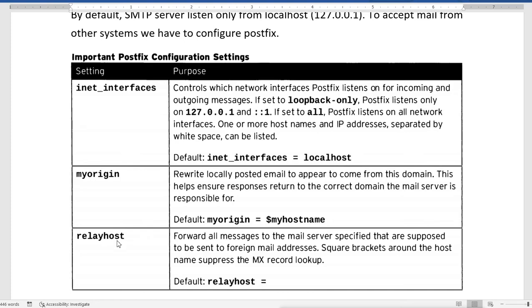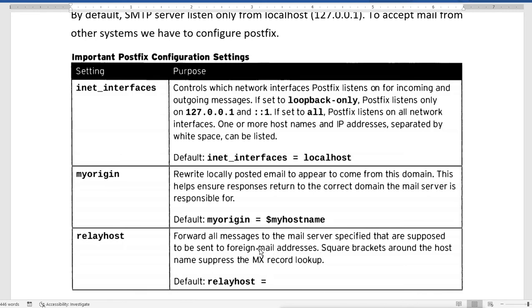We can also set relayhost. This configuration is used to forward all messages to the specified mail server that are supposed to be sent to foreign mail addresses, and square brackets around the name suppress the MX record lookup also. That means this configuration is used to relay the message from this mail server to another mail server.